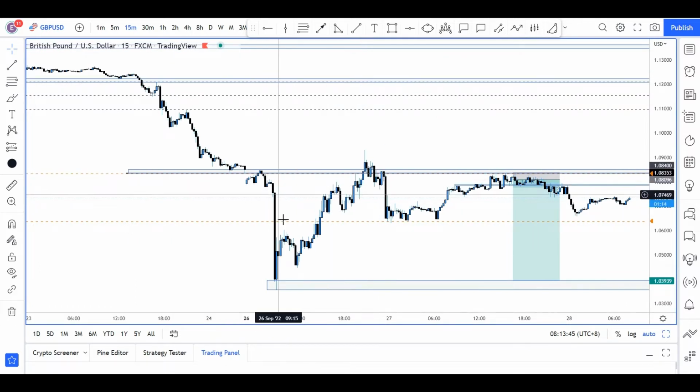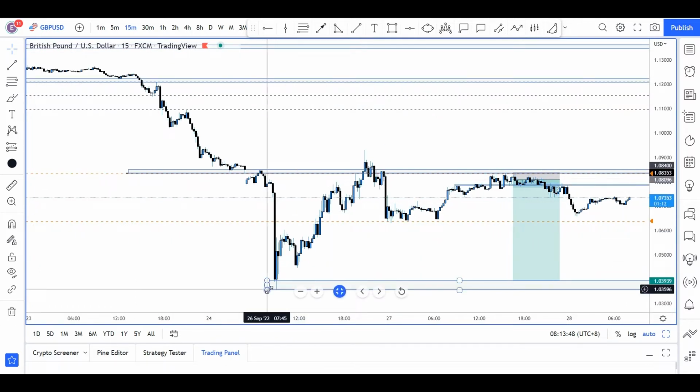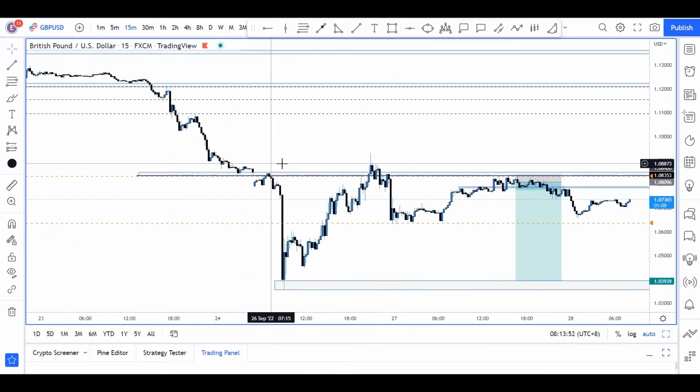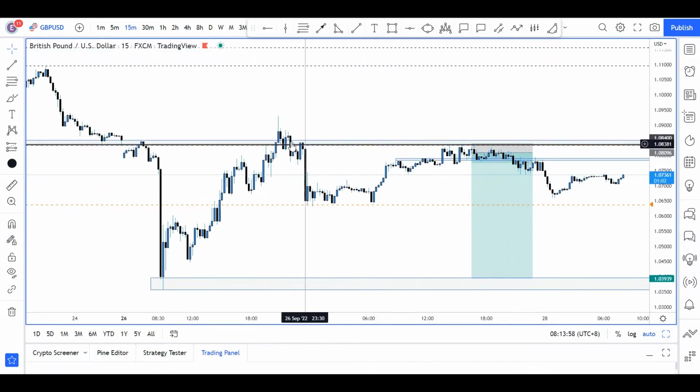But then the market opened and we saw this dip down all the way to the 1.0350 region. So basically I now anticipated that price coming back to this region will be the best region to actually join the bearish move. And I didn't get that entry. Actually, I did get the entry and I got taken out. I got into these regions around here and I got taken out. Yeah, I got into this region, I got taken out, and I lost the trade.